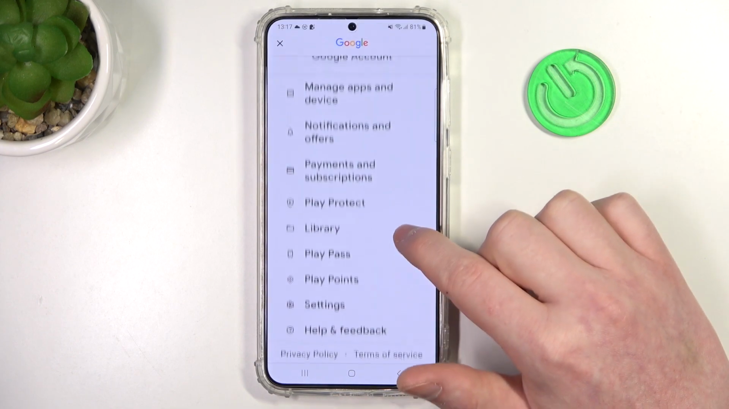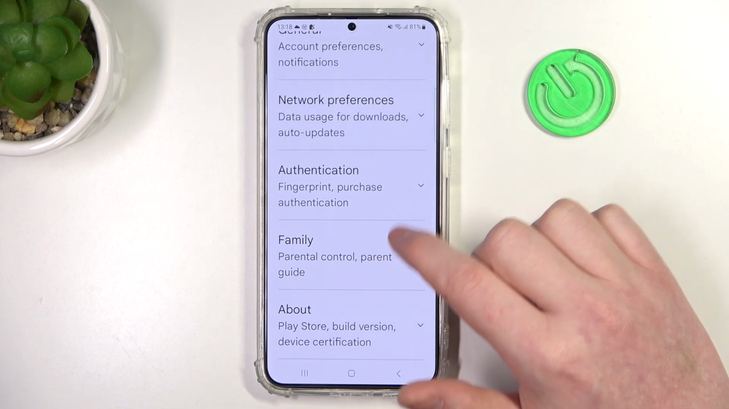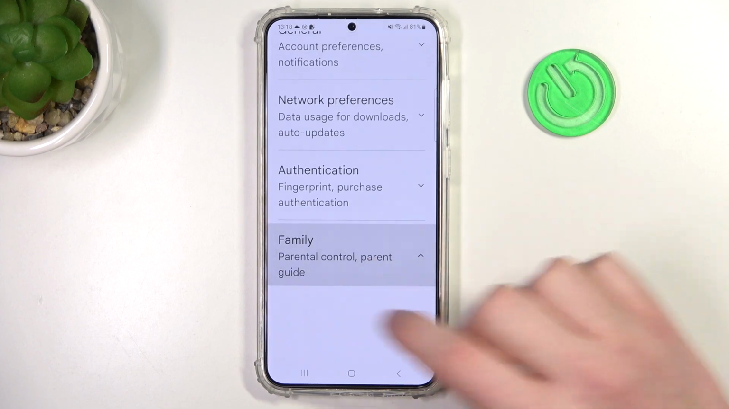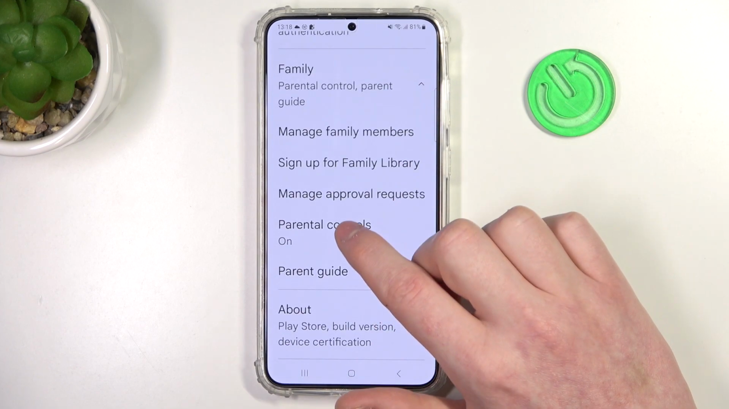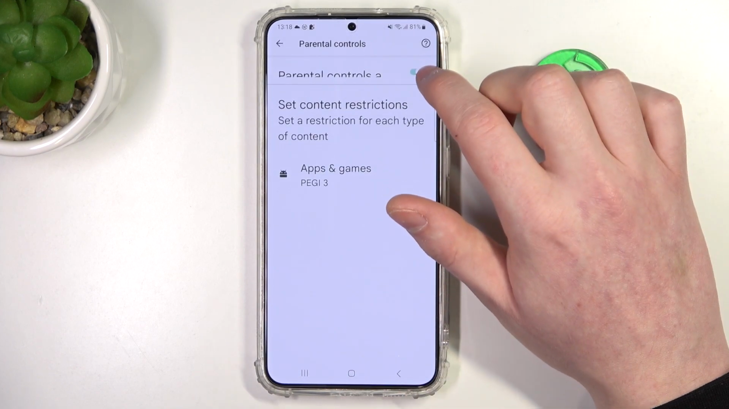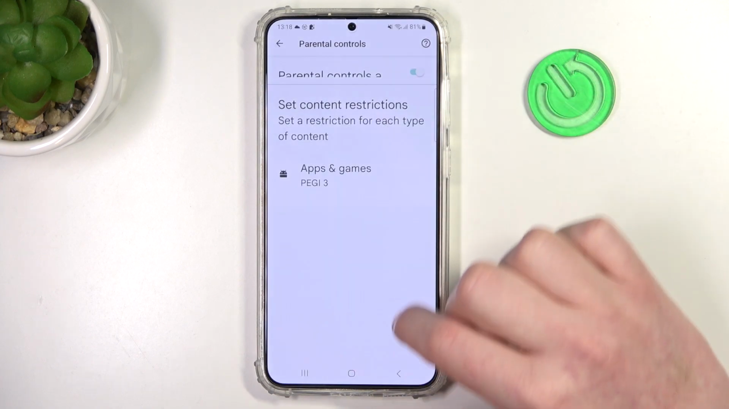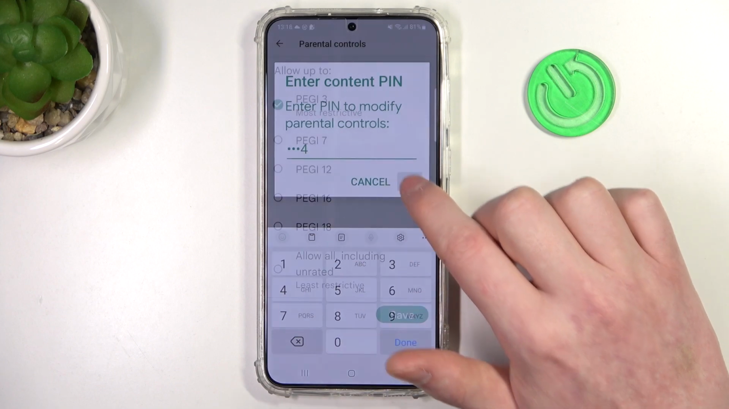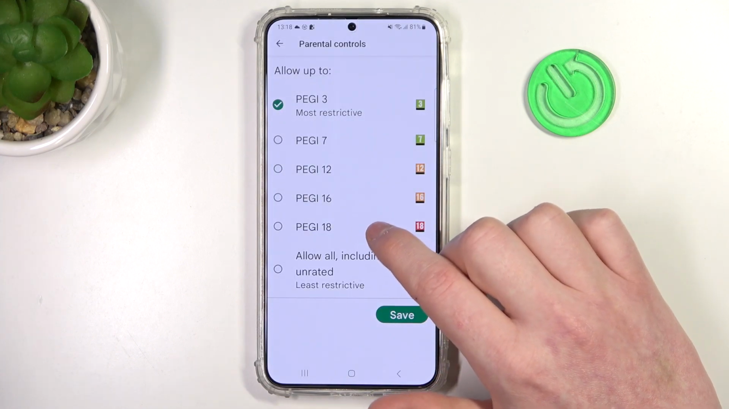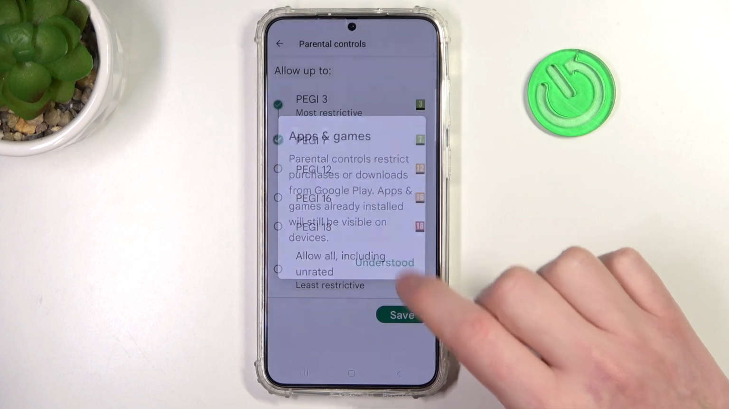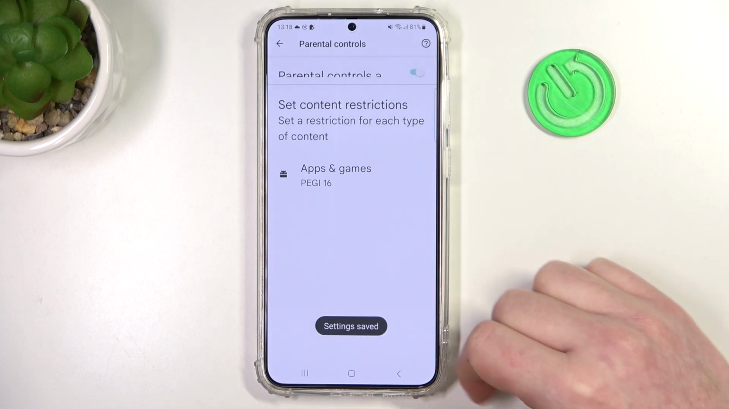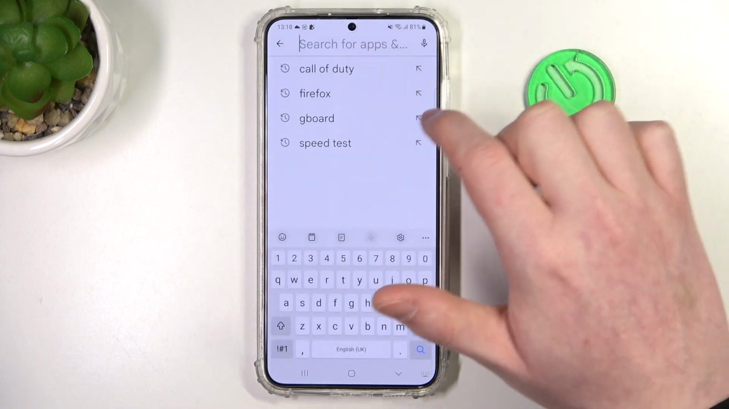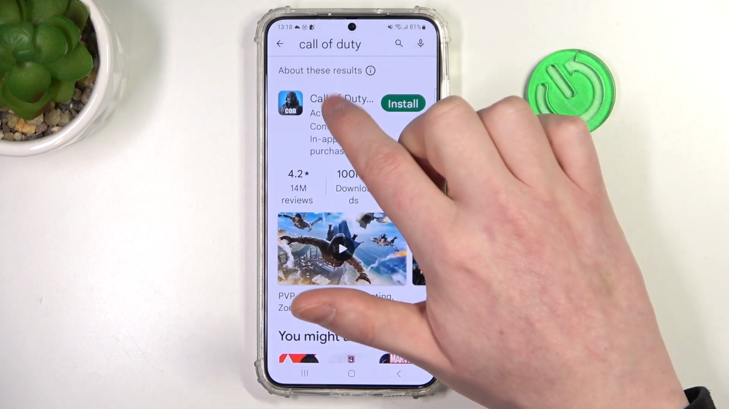picture, head on to the settings, scroll down to the family tab like this, and go for parental controls. Right here, either disable parental controls entirely or enter apps and games. Insert your PIN code, click on OK, and increase the PG to at least 16. Make sure to save the settings afterwards, and if you go back, try to download the game, it's right here